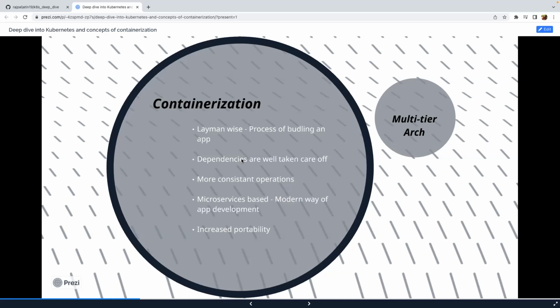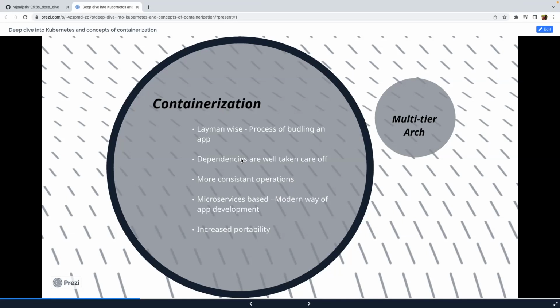Post containerization, you can deploy it anywhere. So today's session is not just about deploying it on Kubernetes. We'll run it on Kubernetes, but we'll run it on GitHub Labs as well. Through that, we'll be able to prove that with containerization, we'll be able to deploy it anywhere and run it anywhere.